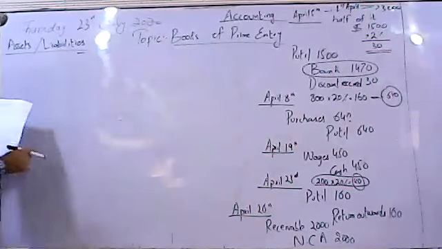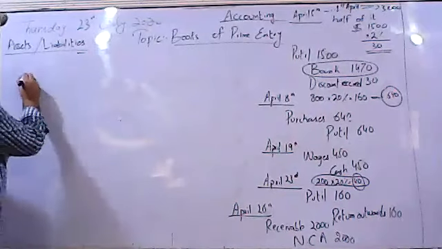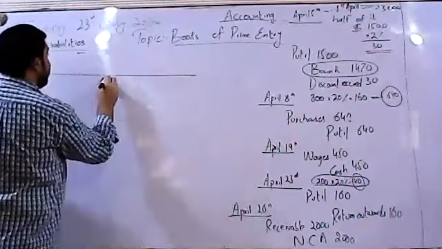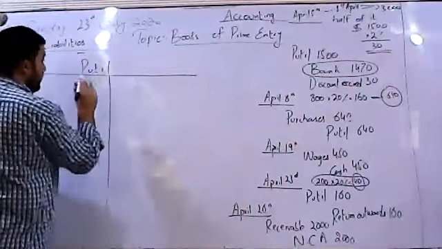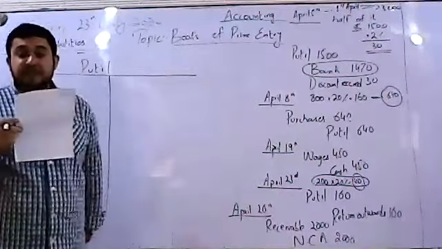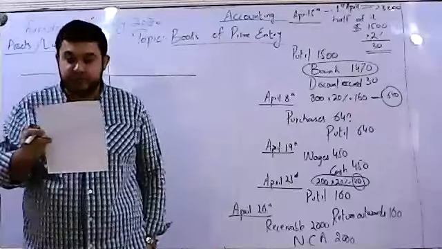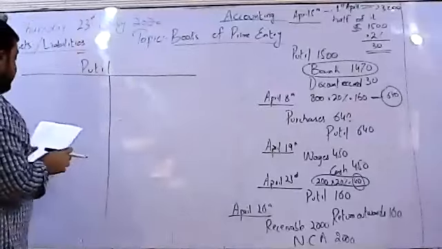It says, prepare the account of Putel for the month of April 2015. On the next page of your worksheet, you'll be finding this part. It says, prepare the account of Putel for the month of April 2015. Balance the account and bring down the balance on 1st May. Okay? Simple as it could be. We have all the entries relevant to it.